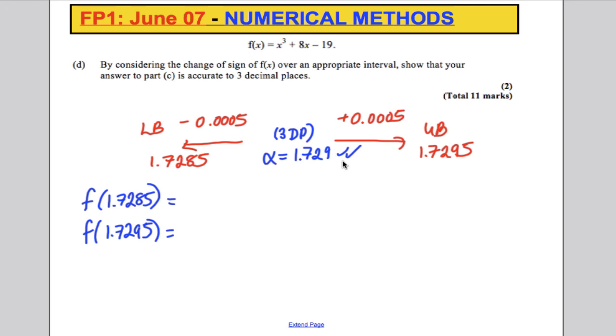So in your calculator, type the function x cubed again, plus 8x, subtract 19, calculate and tell it you want to sub in 1.7285, and you're going to get negative 7.7 times 10 to the minus 3. And if you substitute in 1.7295, you're going to get 9.2 times 10 to the minus 3, and you can state change of sign,